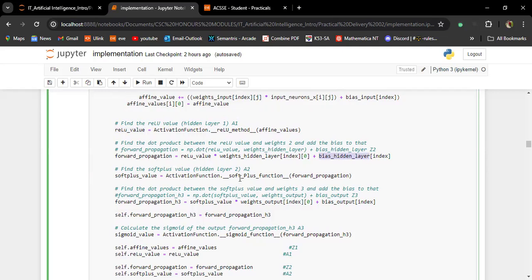In hidden layer 2, this is where the resulting value, the weighted value of the ReLU value, is going to be subjected